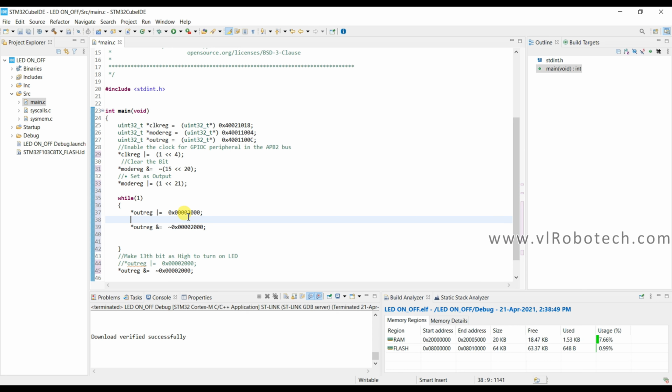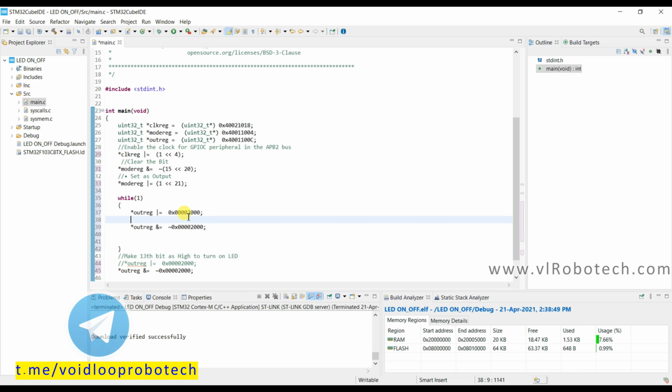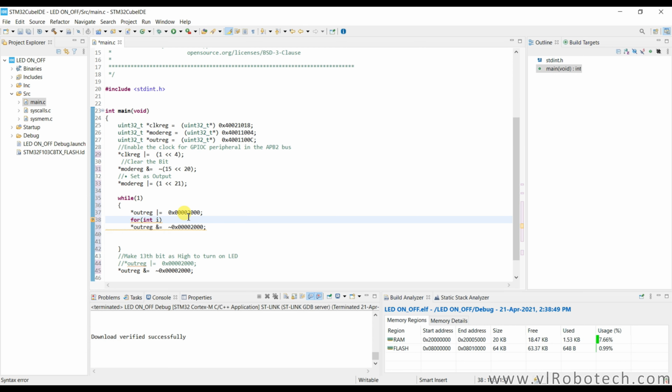Here I will use delay. So for the delay I will use for loop. I less than 5 lakh and I plus plus.